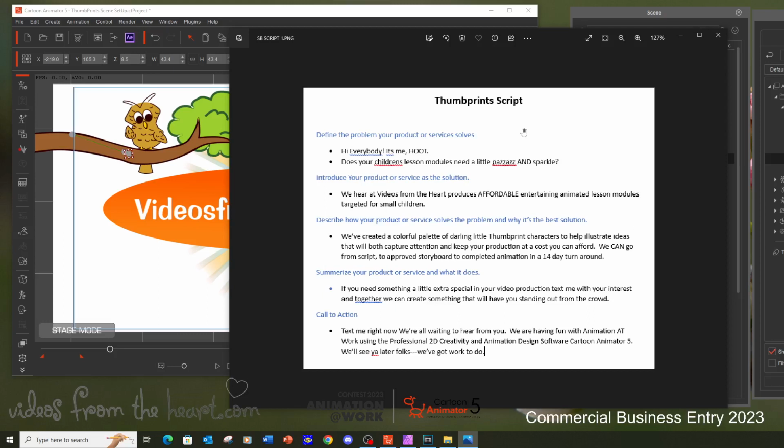So what you always want to do is define the problem your product or service solves. You want to introduce your product as the solution. Then you want to describe how your product or service solves the problem and why it's the best solution. Then you want to summarize at the end, and then a call to action. So this was the script that I wrote out, thinking about how I was going to do this. And then the next step was